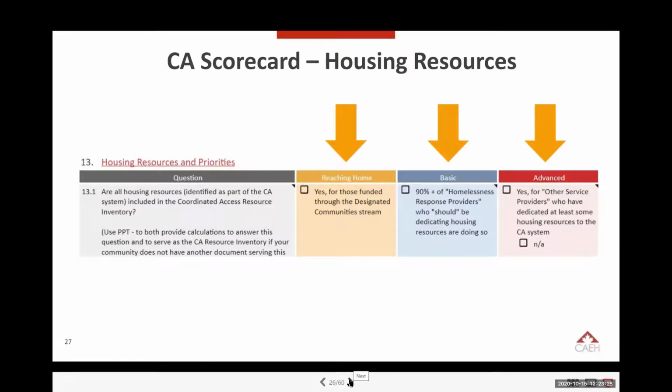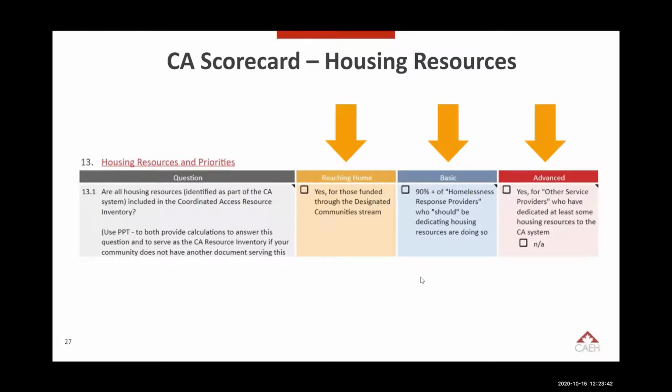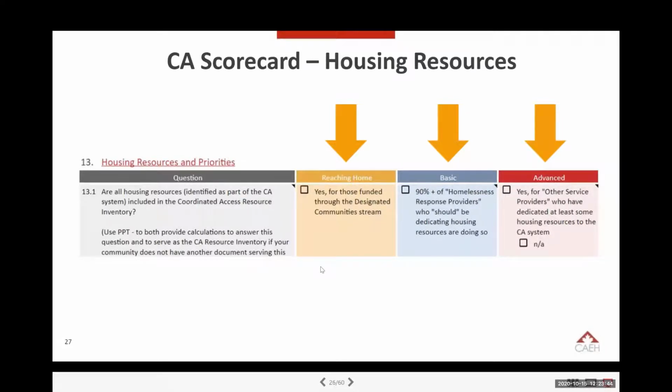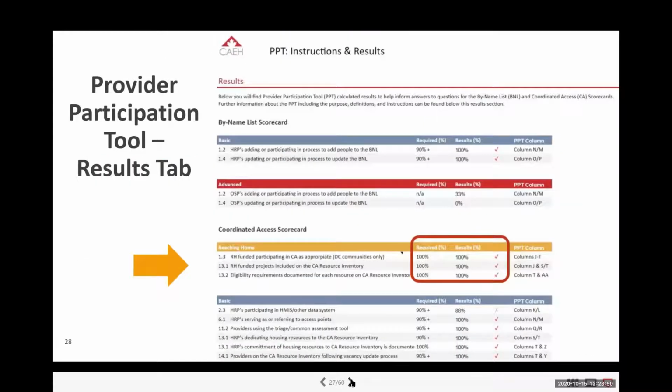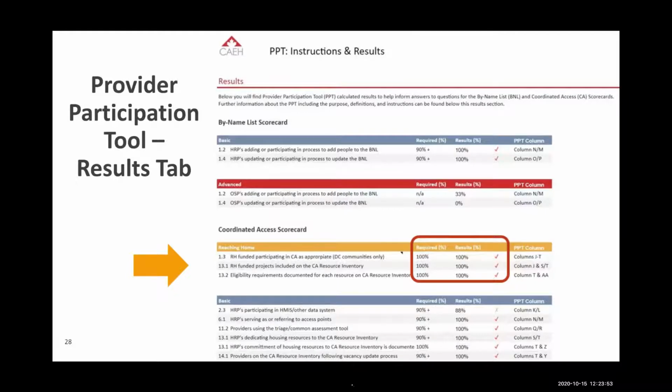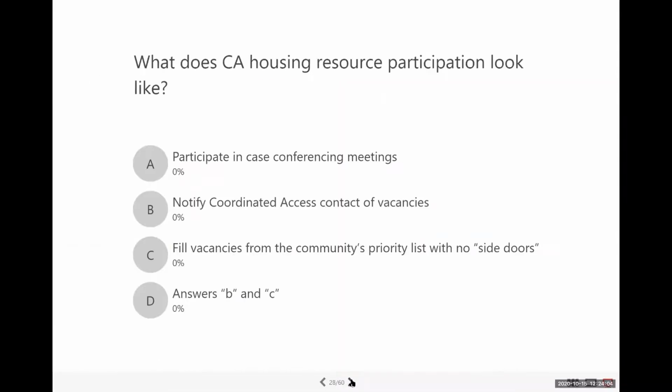And you will see there that we've identified a goal to engage 90% or more of providers. And this is a threshold which is meant to indicate progress over perfection. So you're looking to have the majority participating with continuous improvement to include others. So how will you know when you have reached that threshold? When you complete the Provider Participation Tool tab in the scorecards document, there's another tab that calculates your results for questions in the scorecards as indicated here. So hopefully that is helpful to you. So that brings us to our next question.